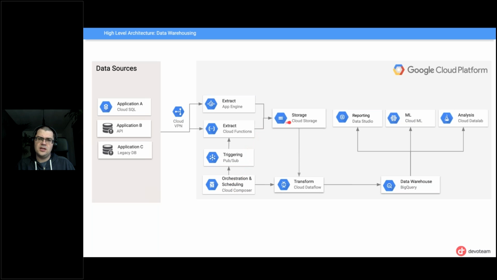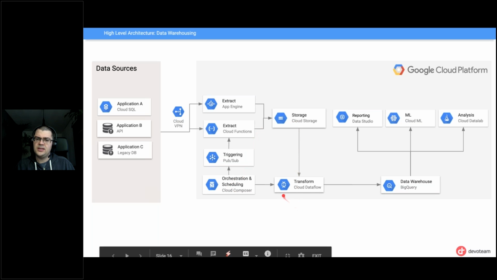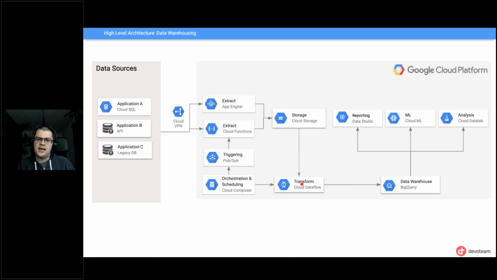And you will kick off your jobs, and then you would typically use something like Cloud Dataflow as an ETL tool to transform the data and insert it into BigQuery. Again, Cloud Dataflow can handle very huge volumes of data. It has built-in scaling. It's quite an extensive ETL solution. And then once the data is in BigQuery, you can do your reporting as you normally would. You can use Data Studio, or you might do machine learning on it with CloudML, or maybe you want to do some analysis with Cloud Datalab,